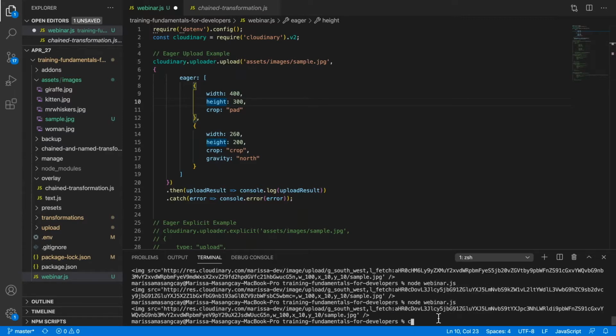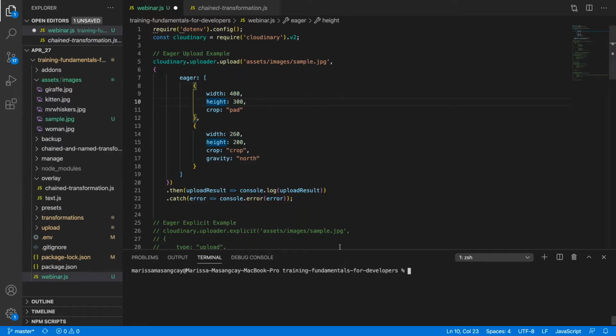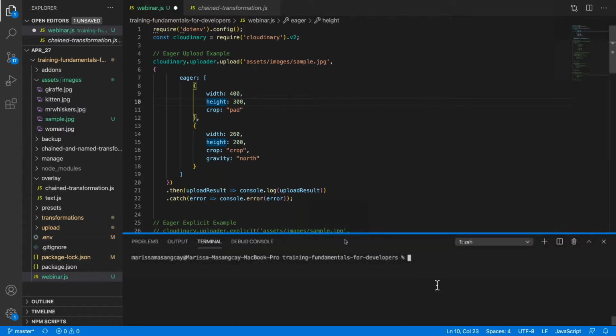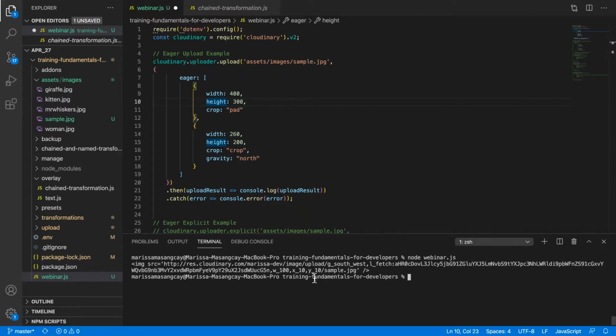So let me go ahead and clear this out, and show you what it would look like running it from the console here, so you can see what a response would look like. This particular file is called webinar.js. Oh, I need to put node here. So once we run this, you can see that,